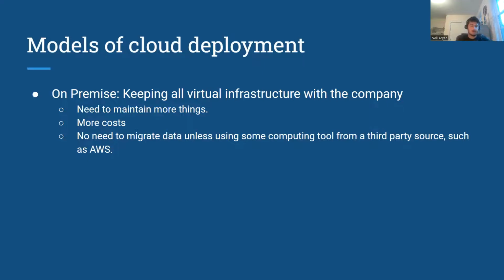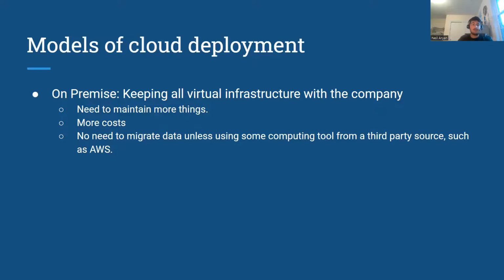And the first one that we're going to look at is on-premise. And on-premise basically keeps virtual infrastructure within the company. And what this does is you basically deploy all your resources on-premise, which means you're basically maintaining all of the server capacity, you're maintaining all the servers, whether that be security, making sure that the servers are up and running. If there's any server that goes down, you have to be able to fix it. And this brings up a lot of extra costs that you'd otherwise not have to pay had you migrated all of your things onto the cloud by AWS.